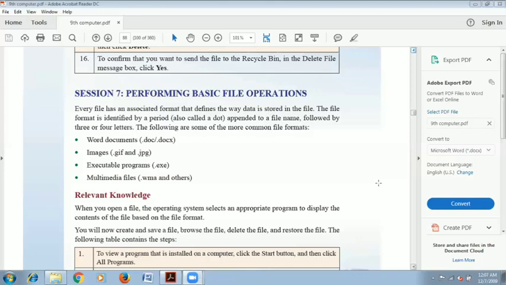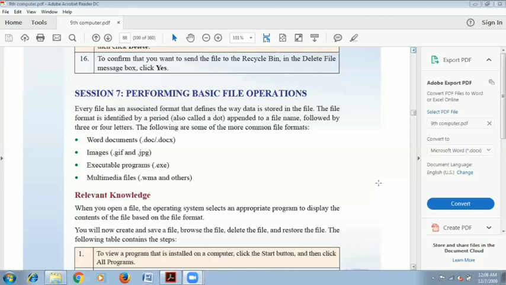So generally, for example, someone has sent you one file through email. Now you have downloaded that file and you have clicked on that particular file, and the file has been opened in one particular application. For example, there was one Word document.